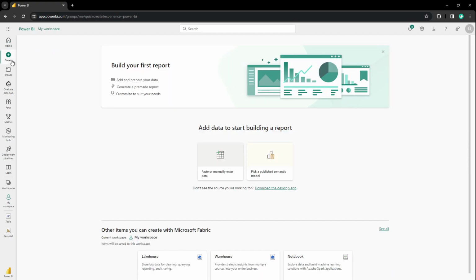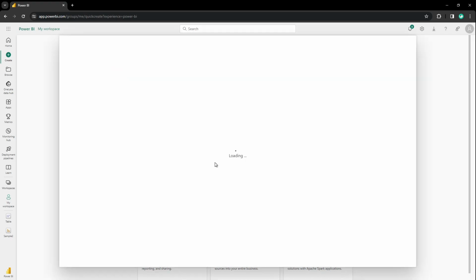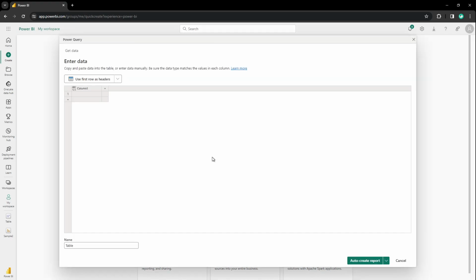Once clicked, it will take us to the same tab as before, and we can choose to add data to start building our own report. We have two options. We can paste or manually enter the data or pick from a published semantic model. Clicking on manually entering data will give us a table representation in a pop-up window where we can, like it said, manually enter data. So click on a cell here, edit it as a company name,